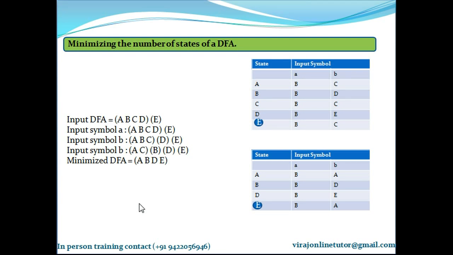I'll explain to you all again. The very first step is divide the states of your DFA into two groups. One group containing only the final states of your DFA. Second group containing all your non-final states of your DFA. So I've done that. All these non-final states I grouped into one, all final states I grouped into another.